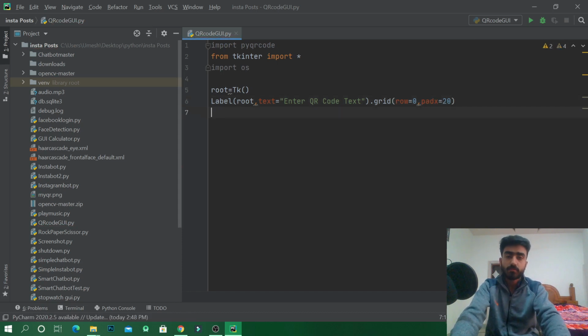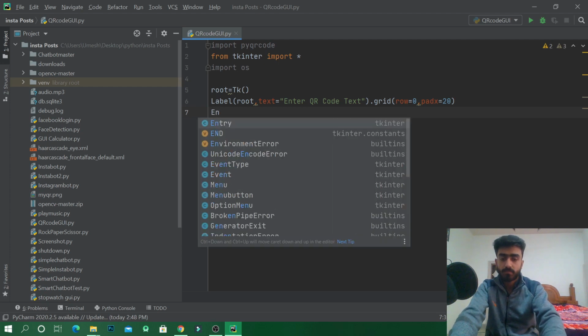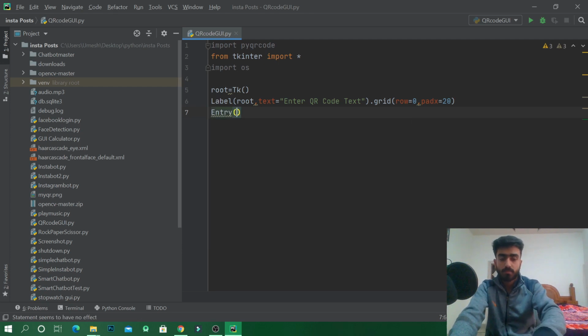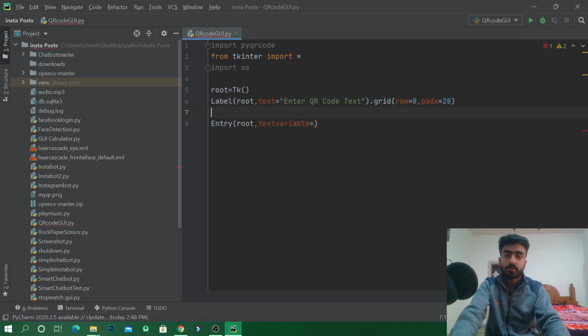And after the label, we'll create a new input field. And how will we create an input field? There is a function known as Entry on the root with the text variable. This text variable is the variable which will store the input of the input field. It will store the text of the input field.